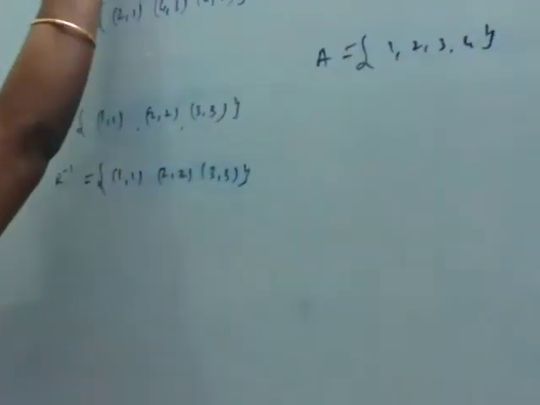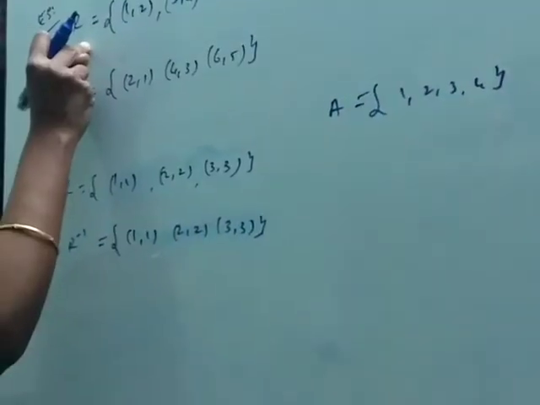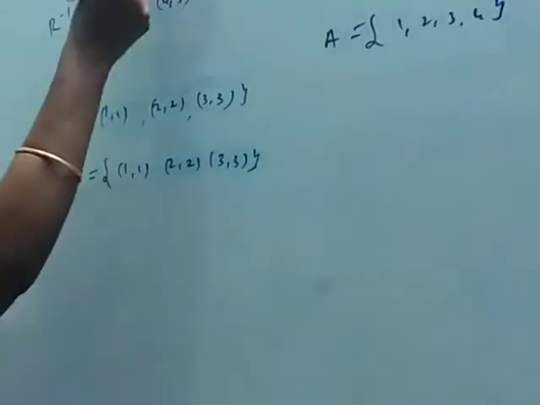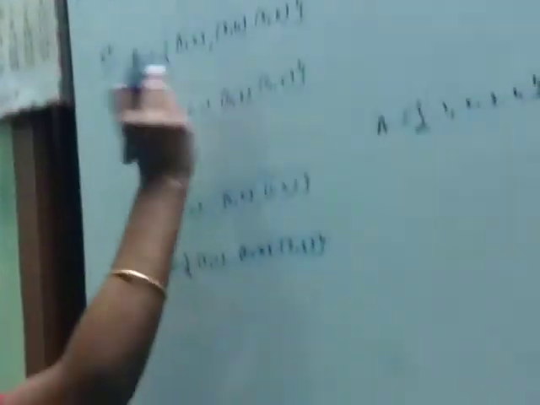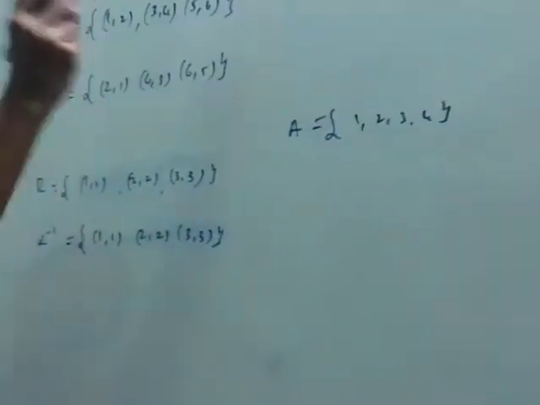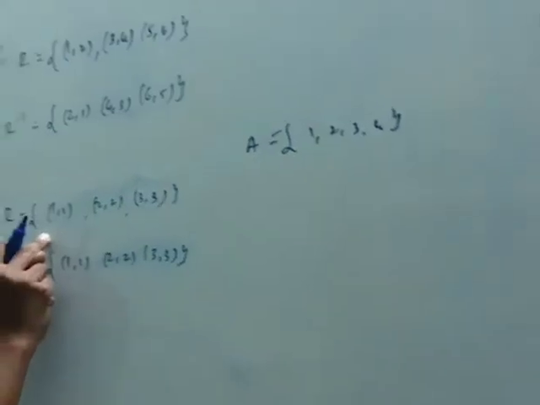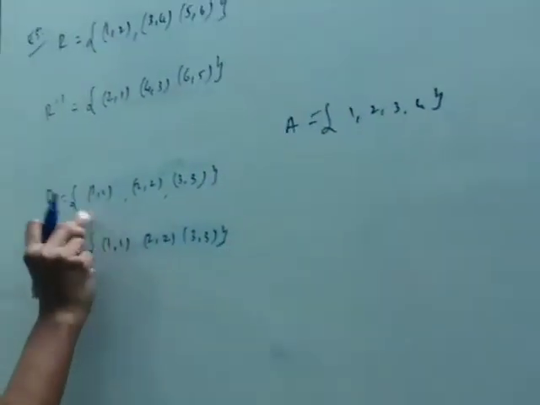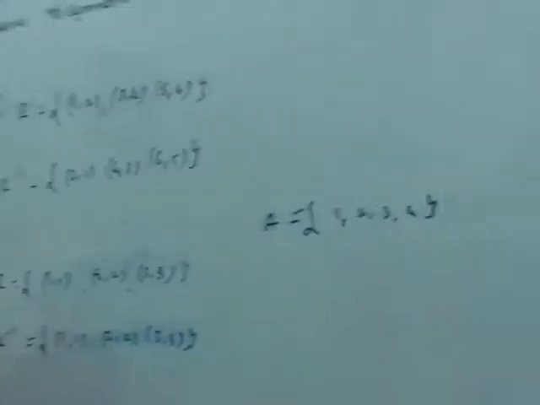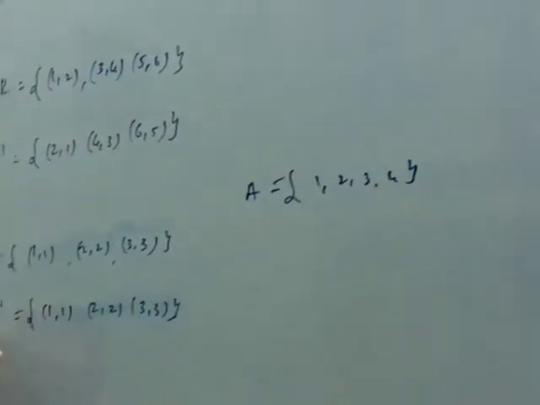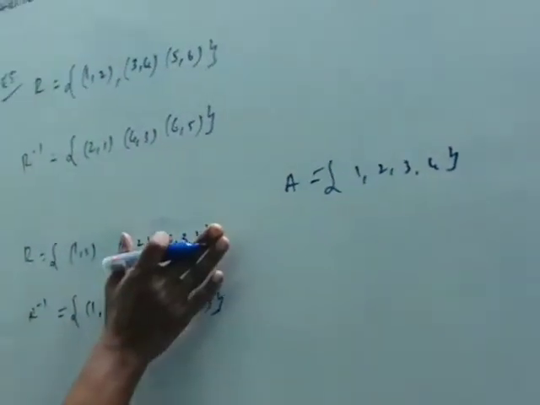So surely that relation will be symmetric. I have written a relation, Miss. R inverse means just interchanging those elements, that is what I have written as R inverse. Now we are given R equal to R inverse. So R equal to R inverse means the ordered pair having that same element. Only then does R equal R inverse. Okay ma? So surely this relation will be symmetric.